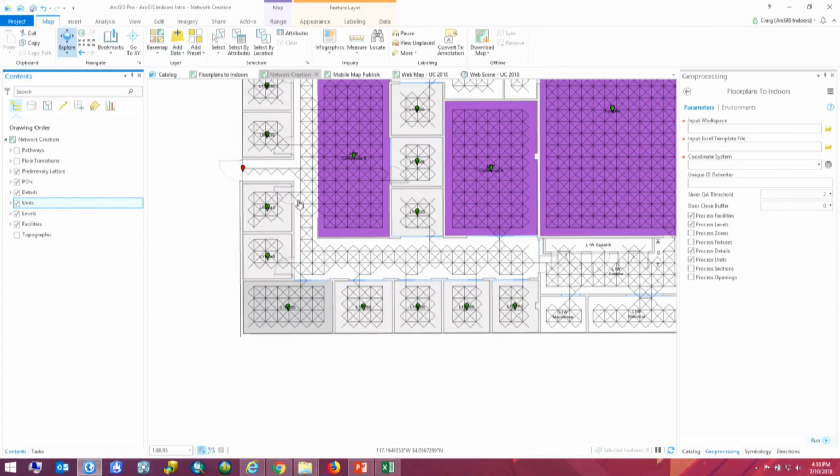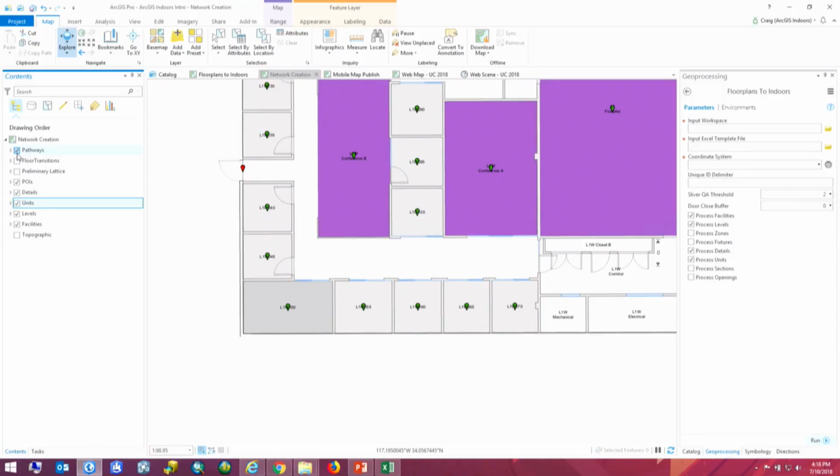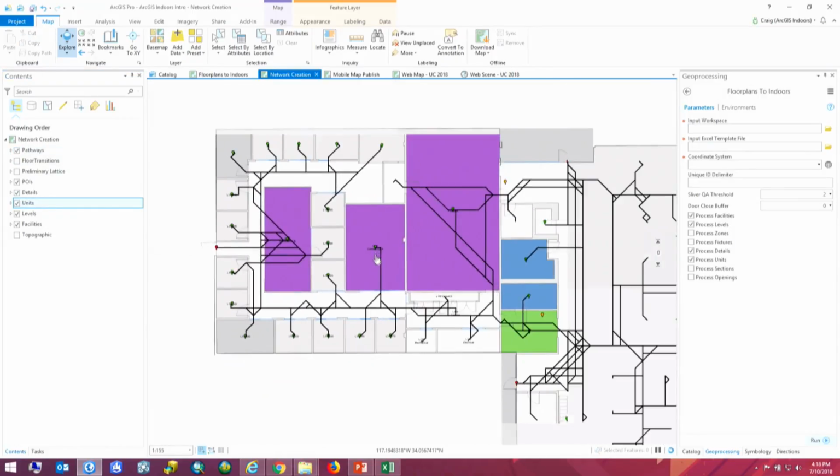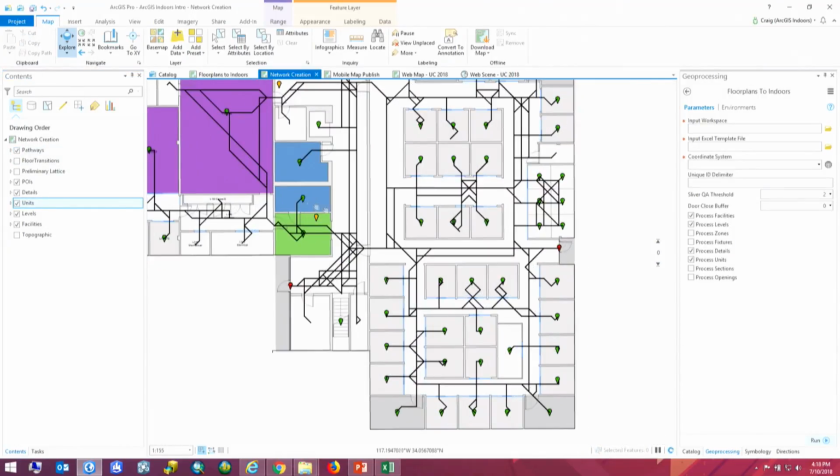What this becomes is a substrate onto which we can calculate routes between every possible location on that floor. Using the closest facility analysis in the Network Analyst toolbox, we're taking each one of these POI points and calculating every possible route on the floor to every other point. Then we're moving around and doing that for every point. We're actually doing 50 points for each location. And what that gives you is a circuit-board-looking network.